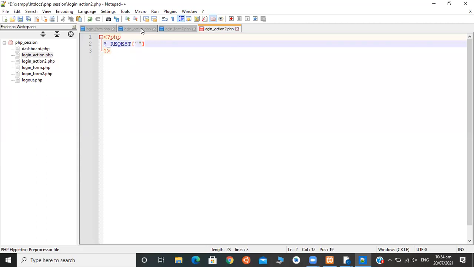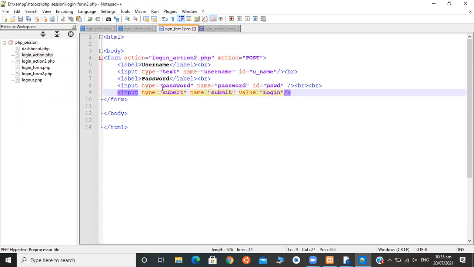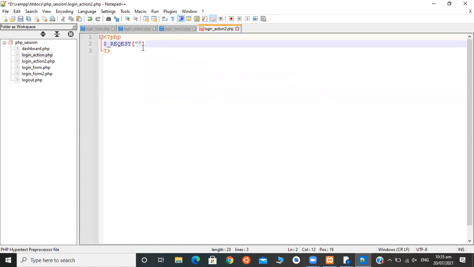The name we have assigned to the fields here. The data is sent to the server with the name we have assigned in login form. So for username we gave the name username. So in login action we can get it with username.